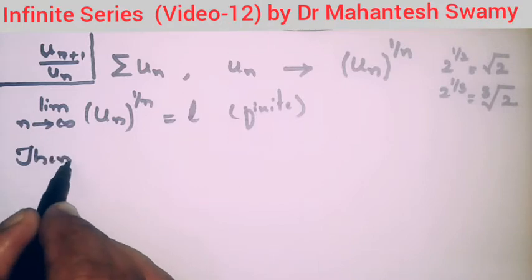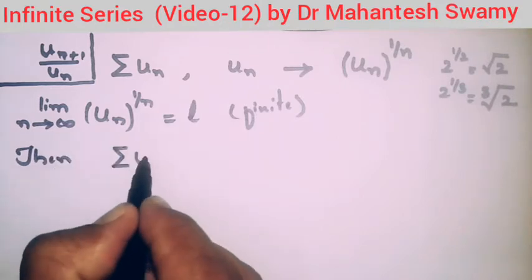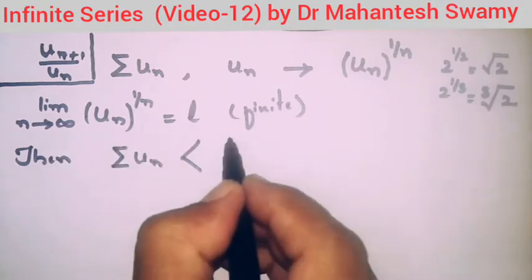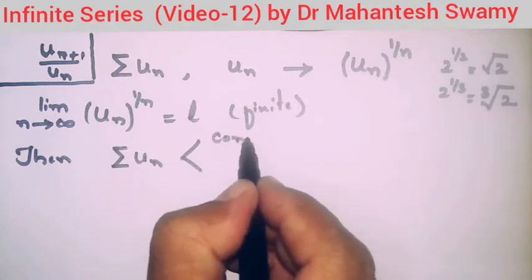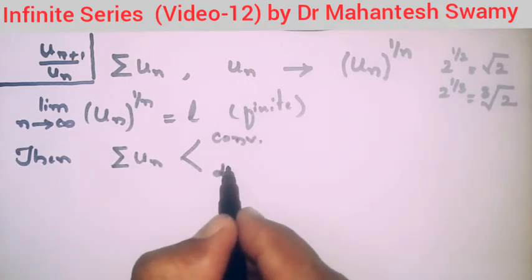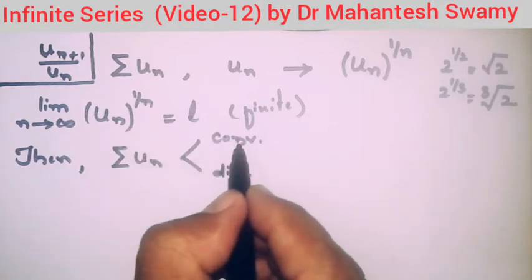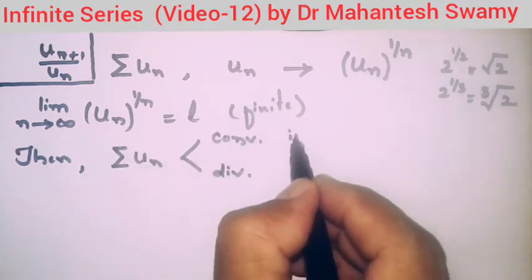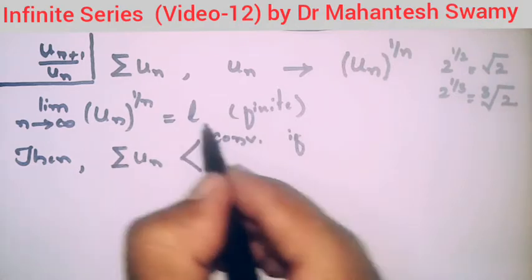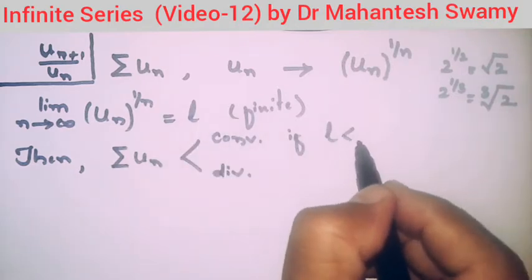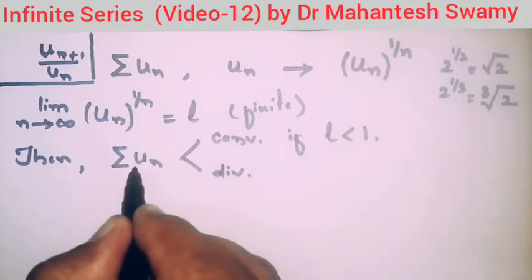There are two possibilities: one is convergent, another one is divergent. The given series summation un converges if the value of the limit L is less than 1, and it is divergent